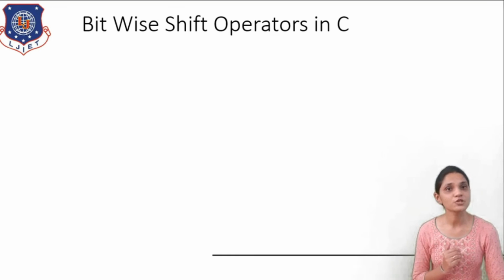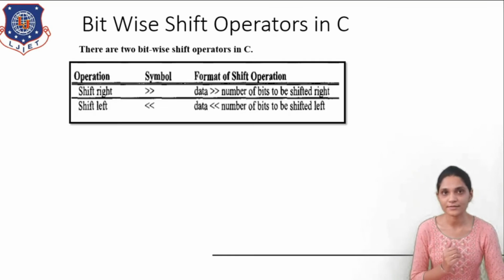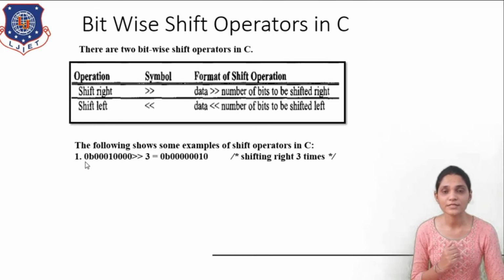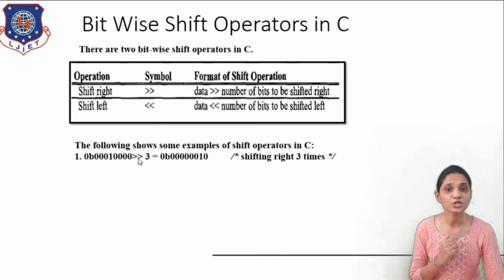Now let us see the bitwise shift operators in C. There are two bitwise shift operators, shift left and shift right. In shift right, your data is shifted to the right side bitwise, and in shift left, your data's bit pattern is shifted to the left side bitwise. First example: 0b00010000, and then I am using the symbol for shifting right and then writing 3. That means it will shift this bit pattern 3 times. Okay, so this one will be shifted 3 times, here, and then here. So your pattern will be like